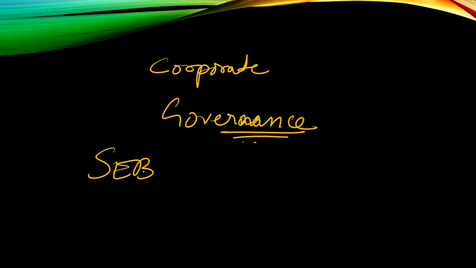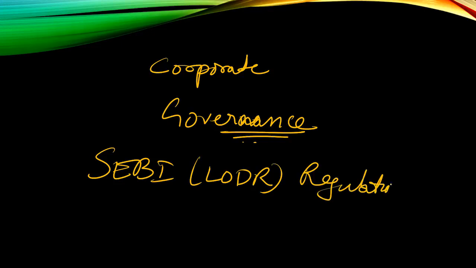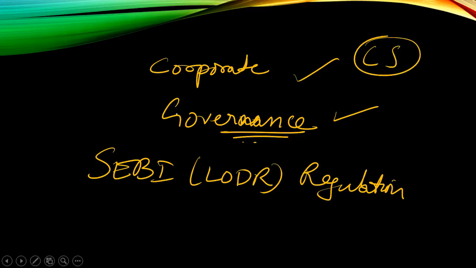And in this listing, corporate governance is the next thing which you should know in this listing and delisting. So in this, what do we study? We study the SEBI LODR regulations. So you should know it's about corporate governance. The job of a company secretary is to ensure the highest standards of corporate governance. So that is why we have to study this in detail. If you have this in mind, then it will help you to start studying this particular chapter.